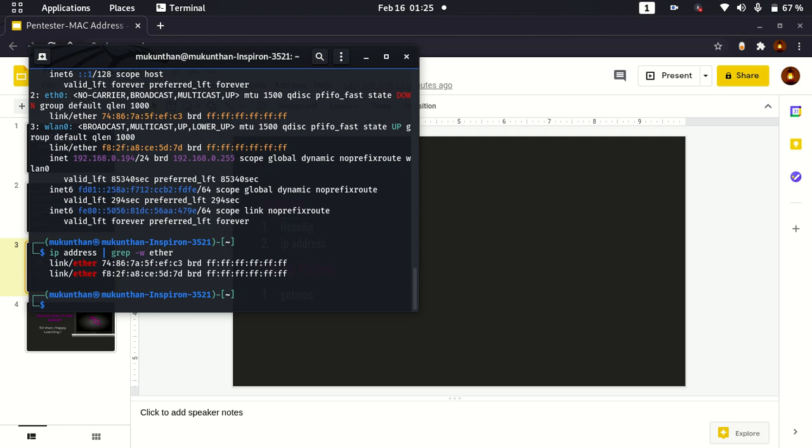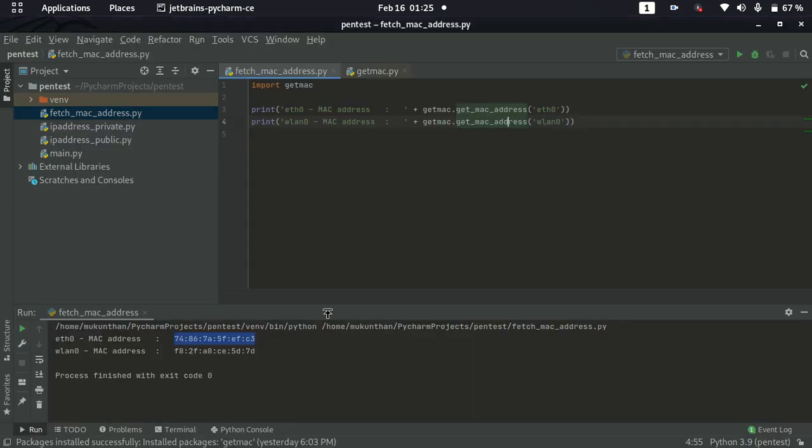Now we will go back to PyCharm. In terms of Python code, once you understand the main points about the MAC address and IP address, getting the MAC address is very easy when you use the module called getMAC. Line number 1 has the import statement for getMAC. If you don't have it, you need to install it by simply using the command pip install getmac. Or you can go to the settings and get the installation.